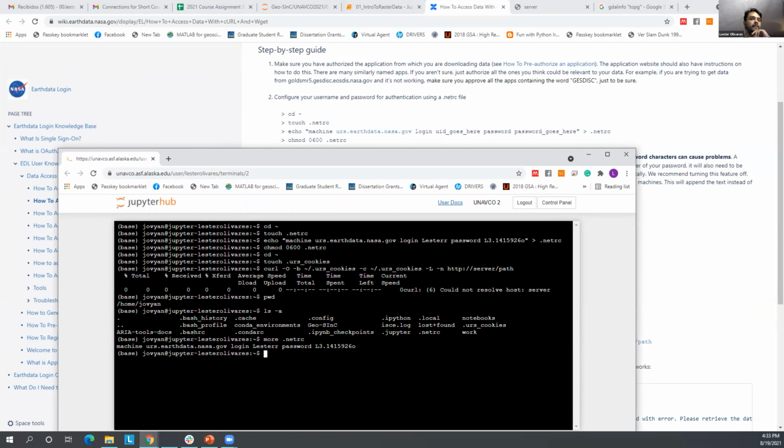In general, I've noticed that you don't have nano as a terminal command, so my favorite terminal text editor doesn't work. But Emacs works. You can type Emacs. I don't know all the shortcuts for Emacs. I do. Type Emacs space .netrc and let's see what happens. It's E-M-A-C-S. So E as in Edward. Okay, I'm sorry.